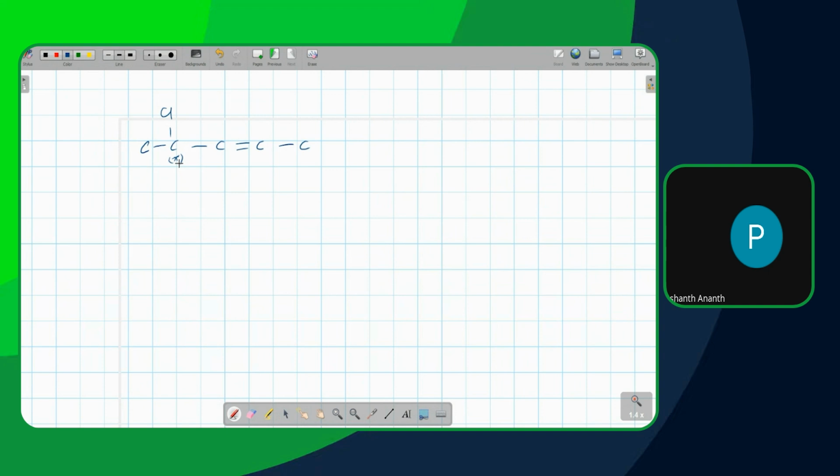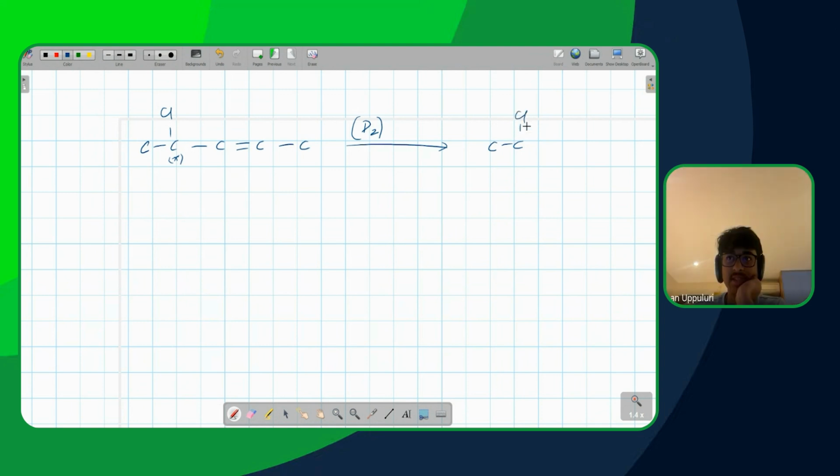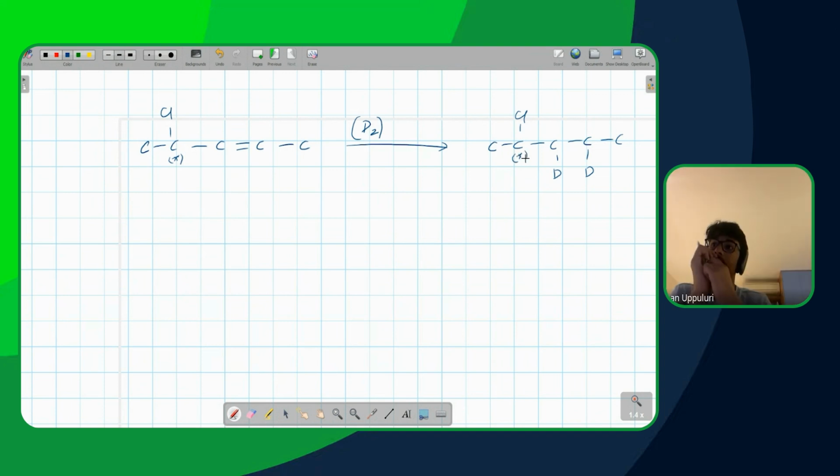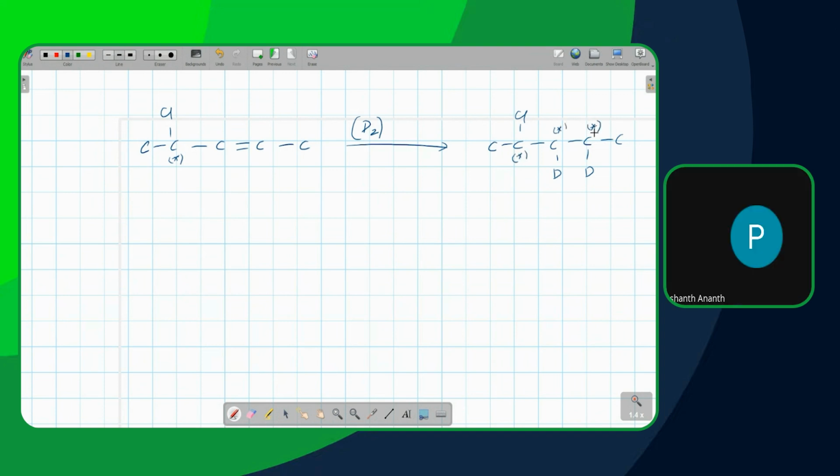I want to show you something else over here also. Let's say I'm using deuterium. If I use deuterium over here, what will I get as the product? You'll have C, D, D. Now, have a look at the product. How many chiral carbons are there on that compound? 3 chiral carbons, correct? Yes.